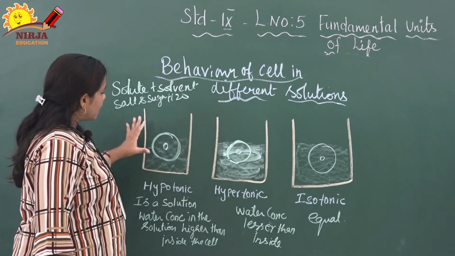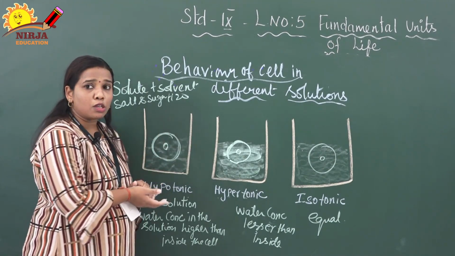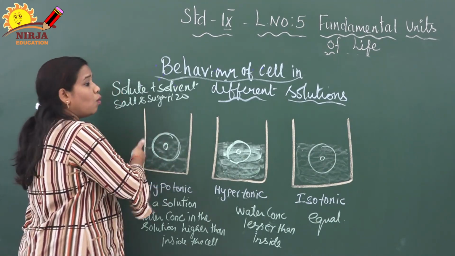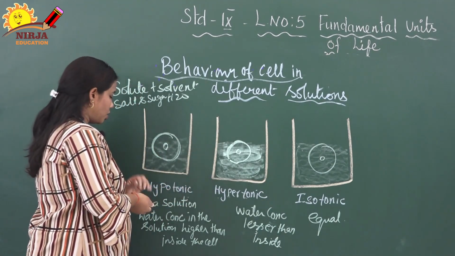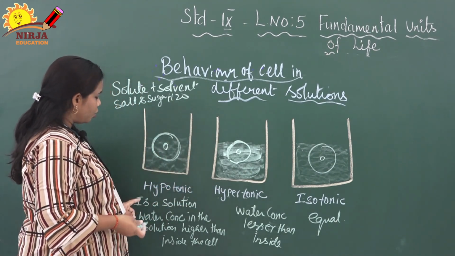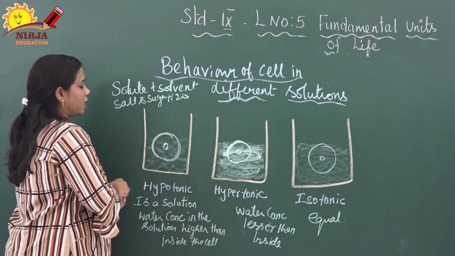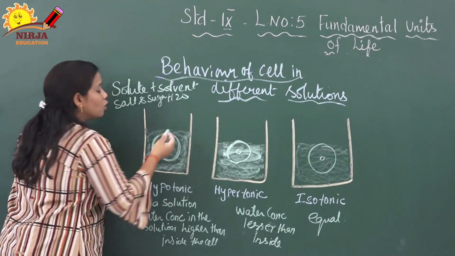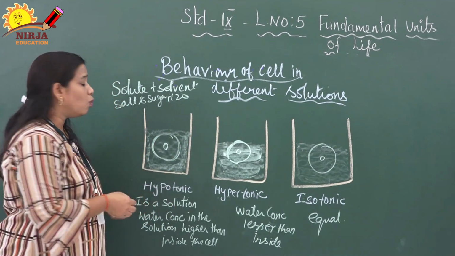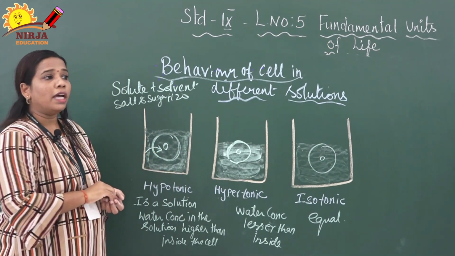Right. Now here children, we already know the water process. Here the osmosis process is going to occur. Why? Because water only moves from higher concentration to lower concentration. Here in the first solution, the water concentration is higher outside than inside. Suppose the concentration is more outside than inside. So automatically where will the water move? It moves from outside to inside the cell.